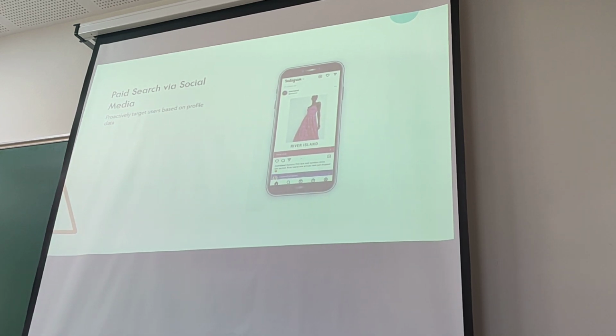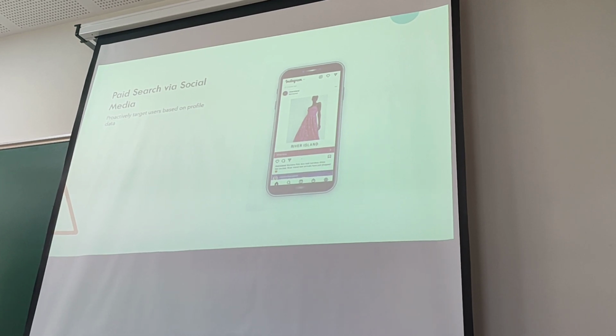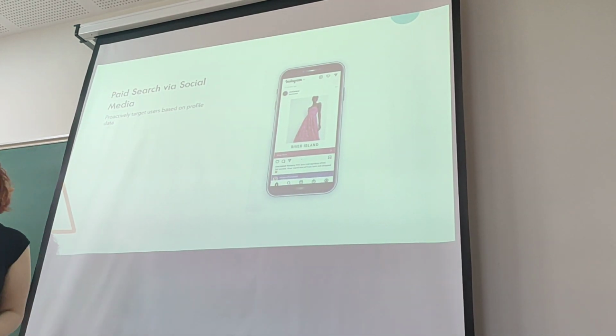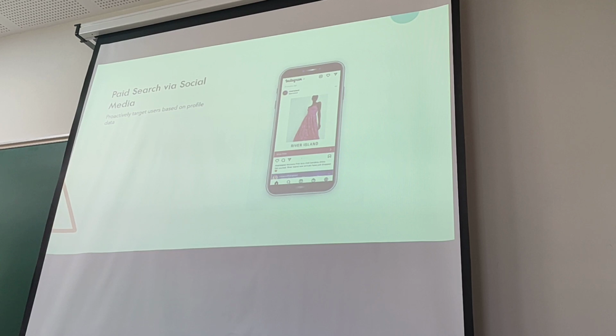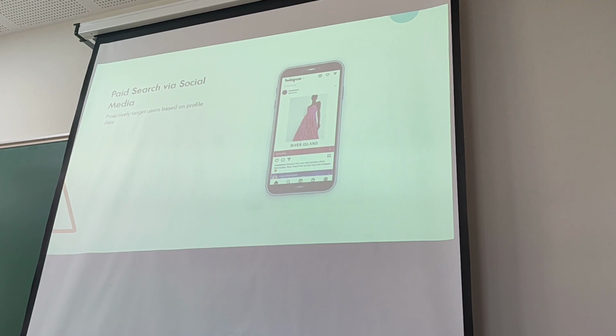I'd say that's because the level of targeting that you can do is quite amazing. It's like the amount of data that people put on their social media profiles. What you really want to do is target the right people, and they're very visual ads. Whereas with Google Ads, you can literally just do some text, with these you really need to think about the imagery that people are seeing. Because this is on Instagram, and you want your ad to stand out amongst all the visual content they're seeing on Instagram.